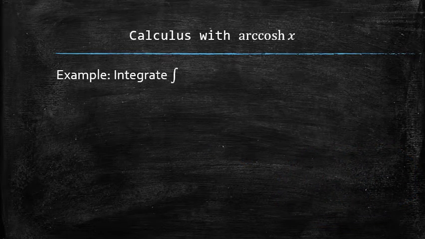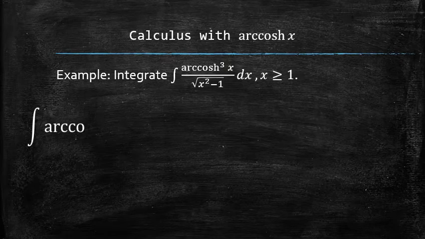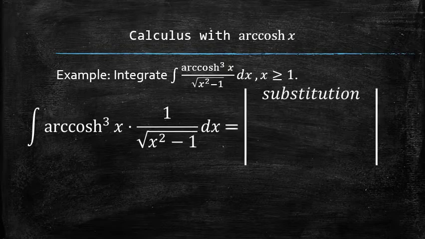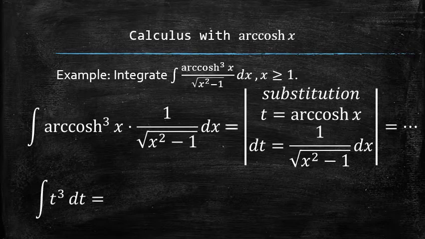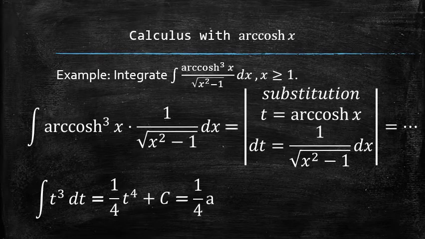Let's do an example of an integral. We first recognize the pattern and rearrange the integrand. Then we set up the substitution by setting a new variable, let's say t, equal to the hyperbolic arc cosine, and finding the differential of t. Next, we plug everything into the original integral, and notice how, because of the discovered pattern, we have nothing but the function of t left in the integral. We finish the process by finding the antiderivative and plugging the original function back for t.